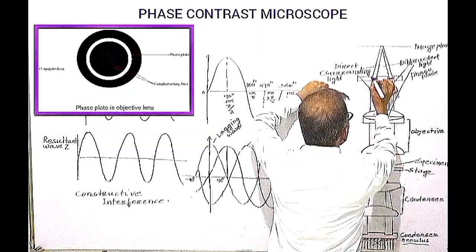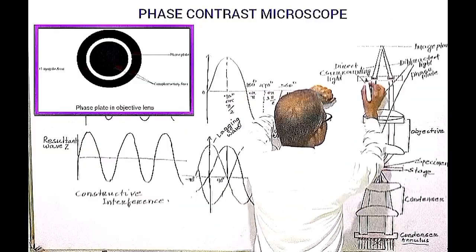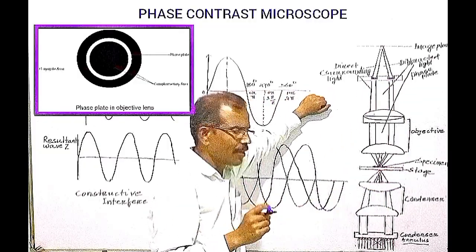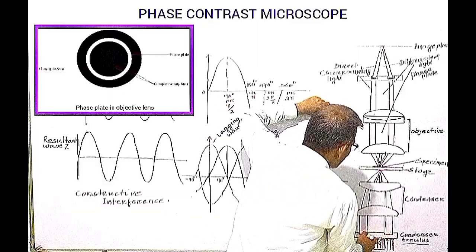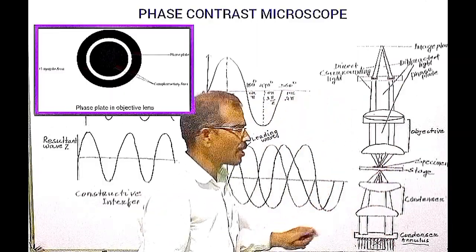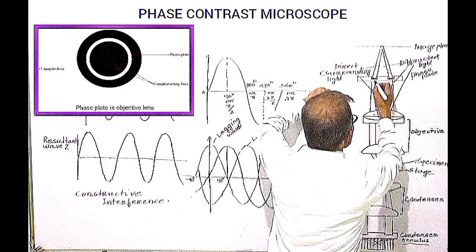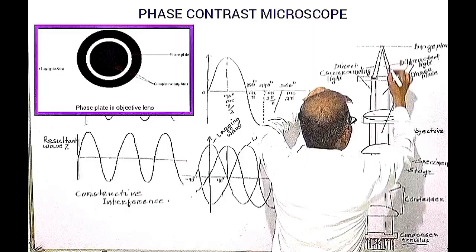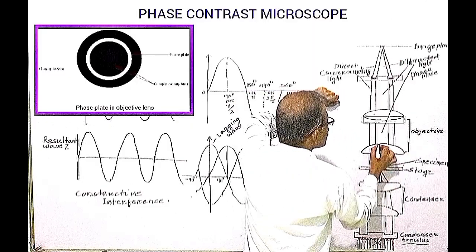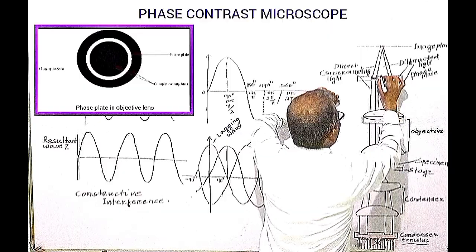The area of the ring is known as the conjugate area, whereas the remaining region is known as the complementary area. The diaphragm and the phase plate have been positioned in such a way that only the direct surrounding light will pass through the phase ring, whereas the diffracted light that is coming out of the specimen will pass through